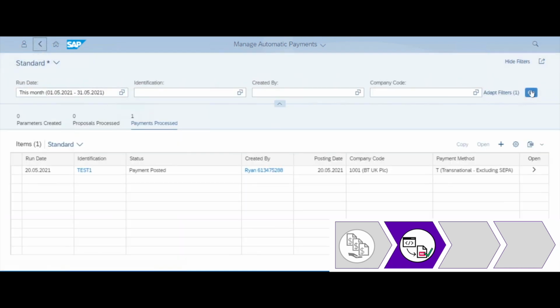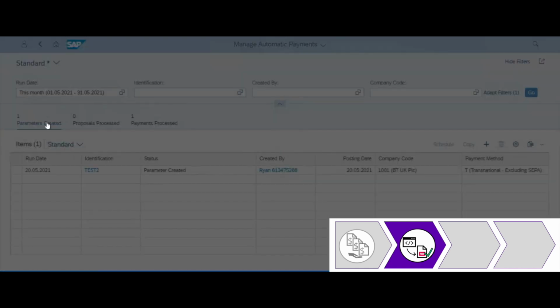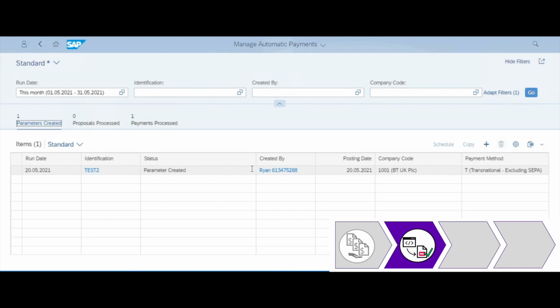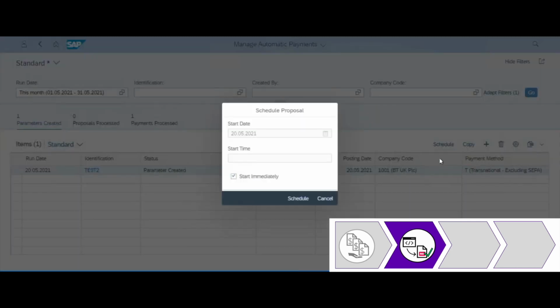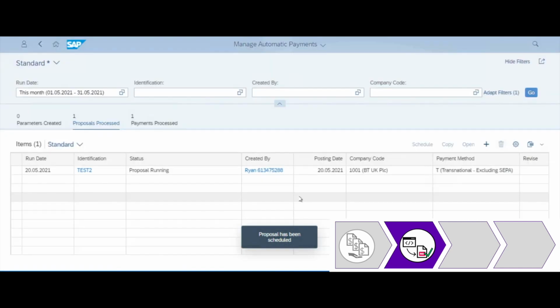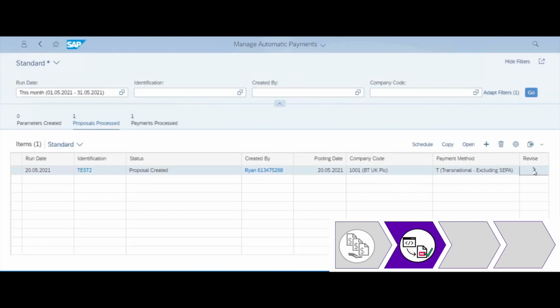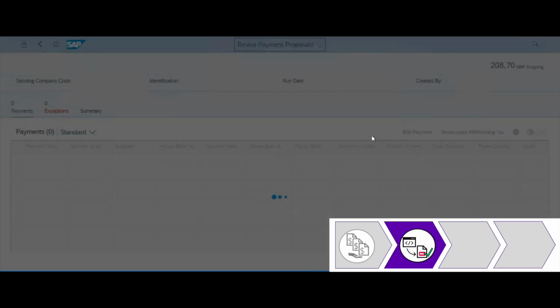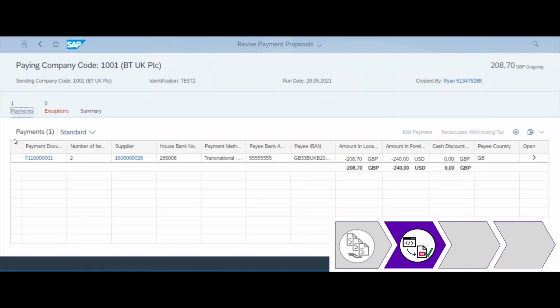Go back to the landing page and refresh the selection criteria, and now you can see the payment run you have just created. You select your payment run, press schedule and select proposal, and now you have your proposal run performed. You can press the arrow button to see the proposal results,